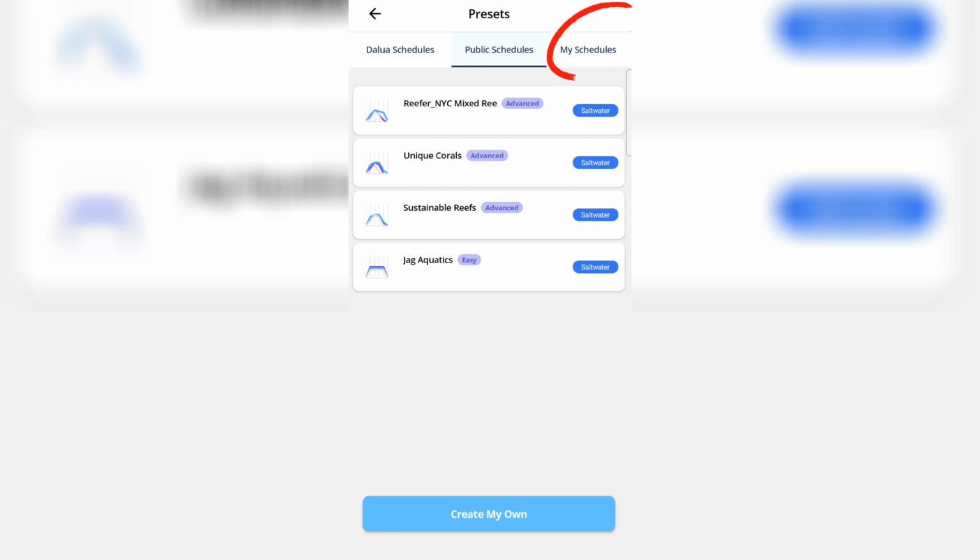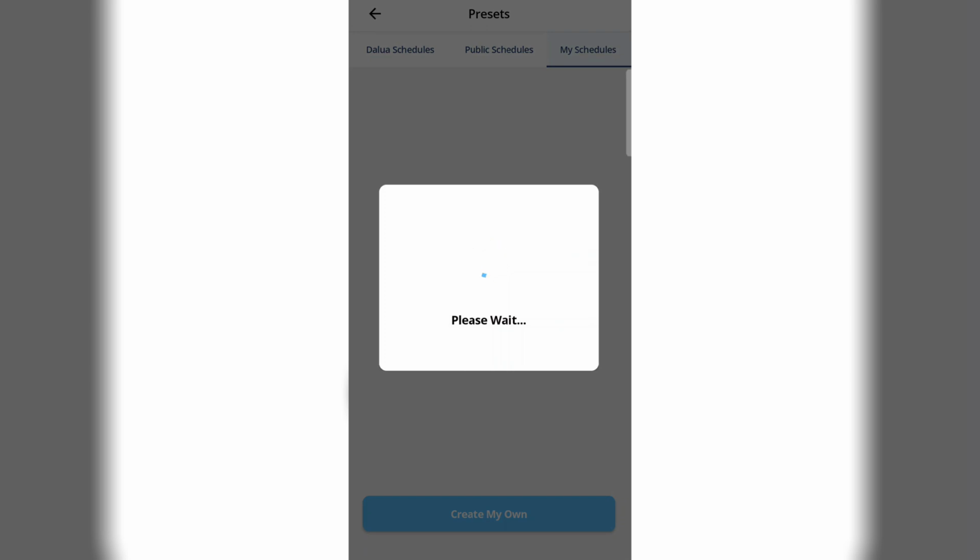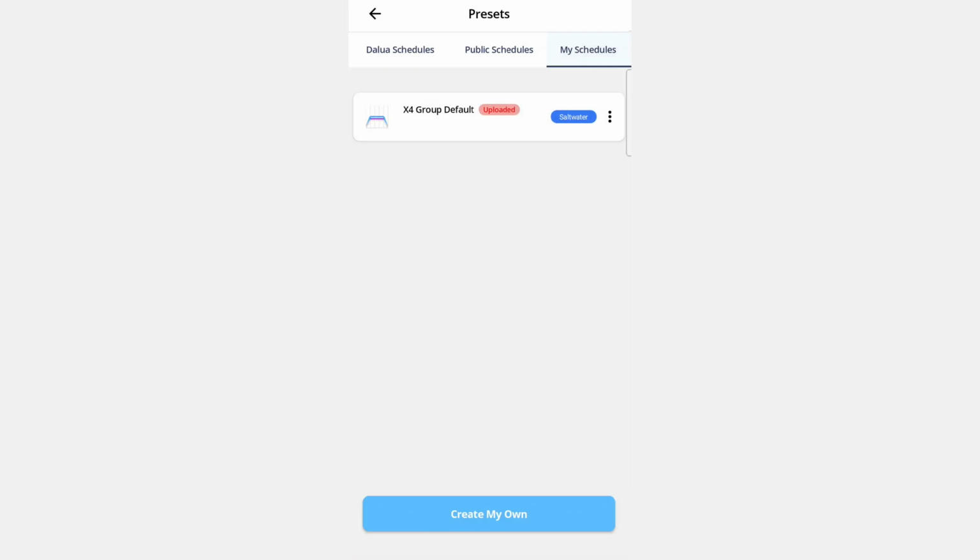The third tab is the My Schedule at the top right-hand corner there, and these are your saved schedules, schedules you've edited and previously uploaded. The red text that says uploaded is obviously what is currently uploaded into your group and devices. So now let's start by clicking on that first group,